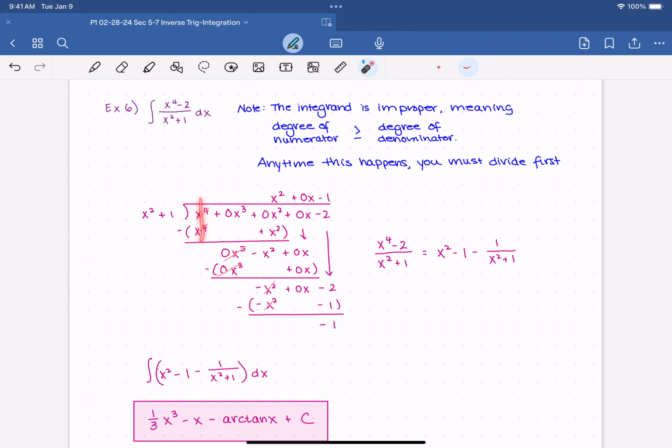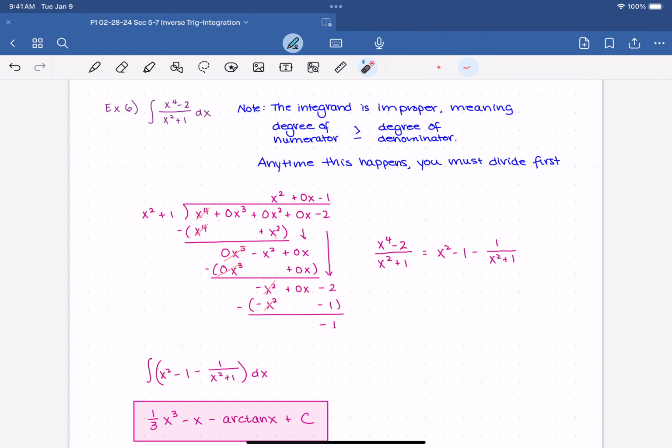So all the x to the 4th were in this column. Everything that was x cubed was here. Everything that was x squared here. Everything that was x. Everything that was constant. And then look at just the first term. You're dividing, or you can also think of it as what do you multiply by x squared to get x to the 4th? And that's x squared. So multiply x squared by each one of these, and you get